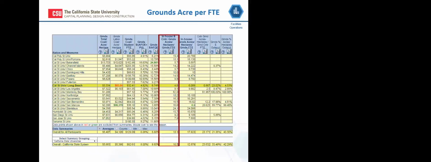Okay, so now we're going to look at a report from the FPI. So we're switching out of the NACUBO and looking at the FPI. And the first data point we're looking at would be within the grounds and maintenance aspect of the survey. And here we're comparing grounds per acre per FTE. So this is the data side that you go into, and then to generate the graph, you can see the little icon at the top there. That'll take that data and put it into a graph